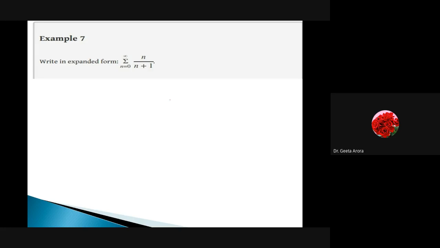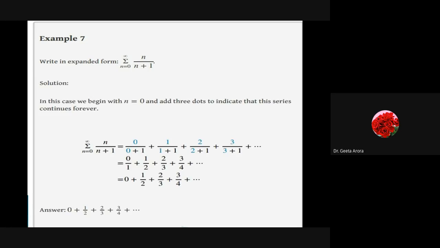So what we have done, we write down 4 to 5 terms, and then write plus ellipses, which shows that we are going in the same way till the infinite term. So this is how we have done it. We have taken the first term by taking n equal to 0. Here n is starting from 0. So we have taken n = 0, n = 1, n = 2, n = 3, and then we have said "and so on". This is how we pronounce this up to infinity. So this is how we are getting the expanded form of this example.